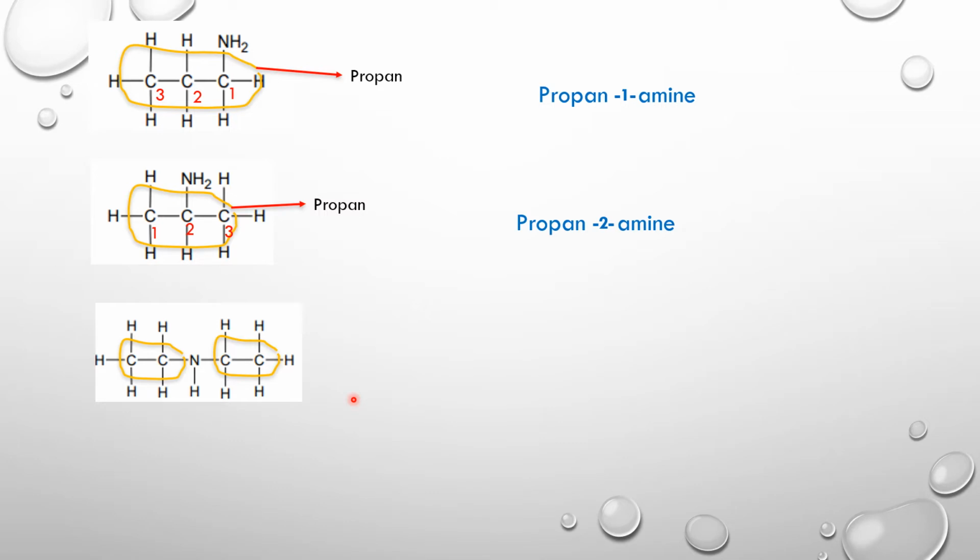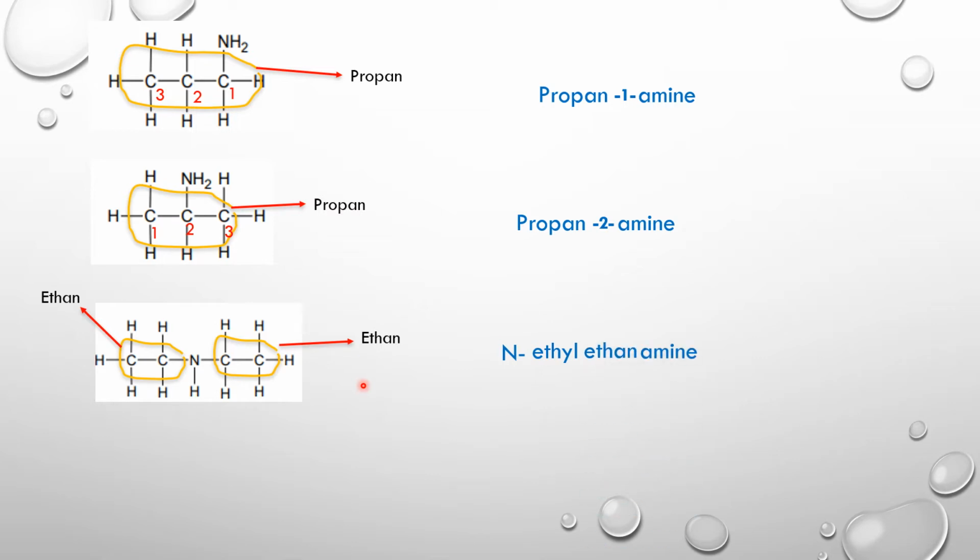Therefore, when we are naming this amine, we are going to name these groups separately. So we will have the 2 carbon atoms on the left hand side as ethane. The 2 carbon atoms on the right hand side will also be ethane. So when we are naming this amine, we are going to put N first. The N is going to symbolize that it is a secondary amine. Ethyl,